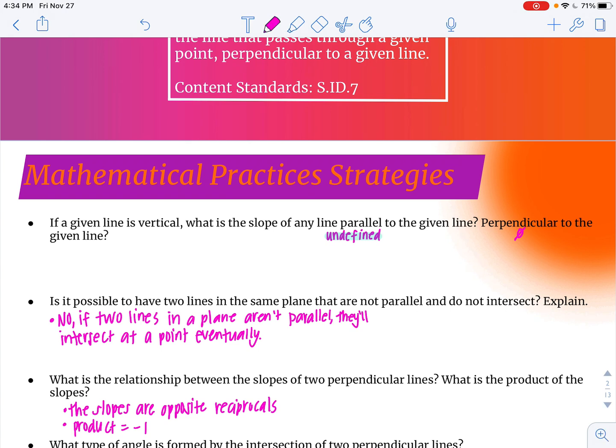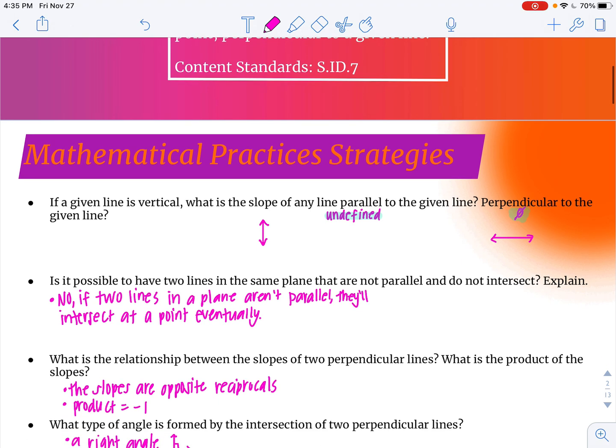Because if you're vertical, remember a vertical line is going up and down, and your slope is undefined. If you have a line that is perpendicular, your slope is going to be 0, because remember, that would make it this way, and the slope of a horizontal line is 0. Is it possible to have two lines in the same plane that are not parallel and do not intersect? Explain. No, it's not, because if two lines in a plane are not parallel, then they will intersect at a